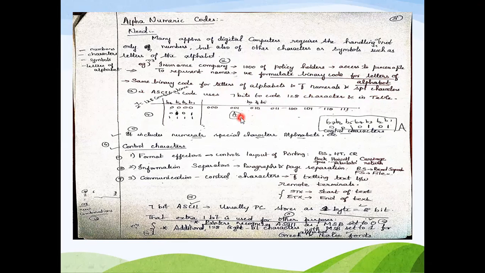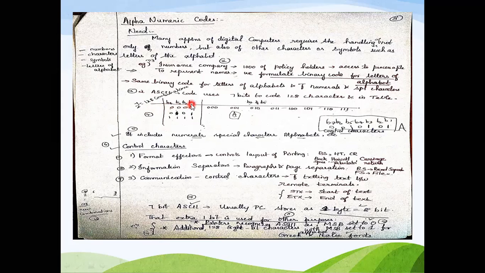One such form of alphanumeric code is ASCII, the American Standard Code for Information Interchange, which uses a 7-bit code to code 128 characters in a table. So we have 2 power 7 combinations, that is 128 combinations, starting from bit B1, B2, B3, B4, B5, B6